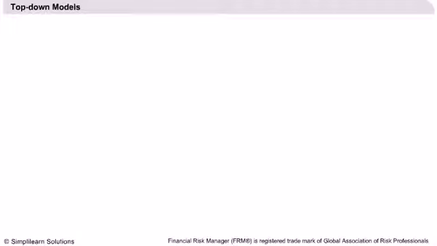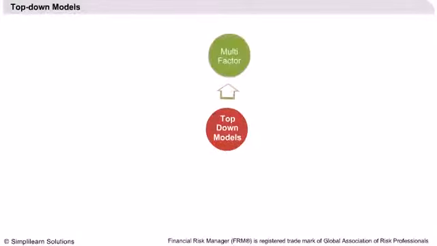Top-down models. Let us discuss the top-down models one by one. The multi-factor model gives the stock return in the form of multiple factors, that is, as a sum of the product of the risk factor and the sensitivity of the